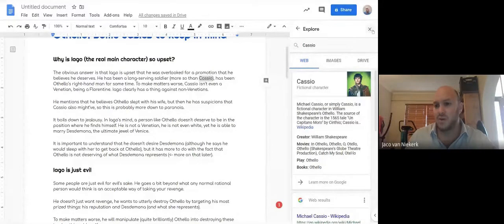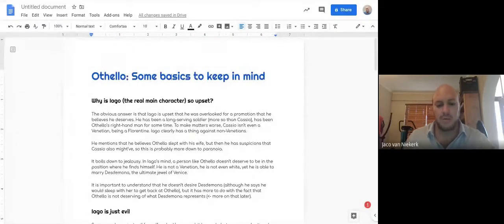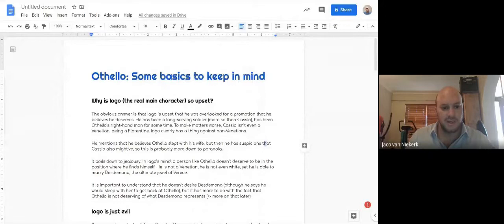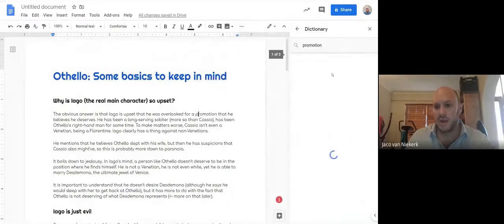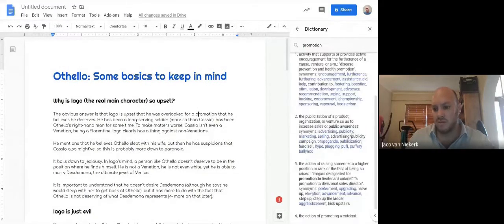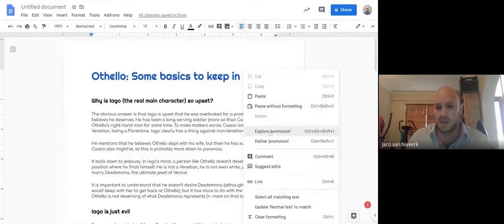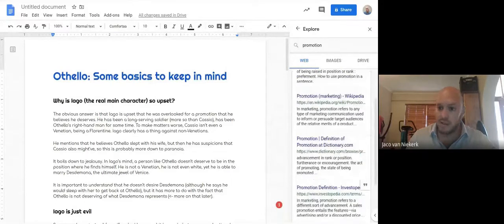Now, this is a very useful little tool if learners are on a desktop. It doesn't work that well on a mobile device, but if I right-click on different elements within a text here, so let's say, for example, we want to find out more about promotion, and I right-click, I've got an option where it says define promotion. So I can click on that, and it'll go into a dictionary, and it'll give me a definition of promotion. So this is a very useful tool for a learner, but I can also go and say explore promotion. So here we've got a whole bunch of links that we can now insert in different ways that we want to,